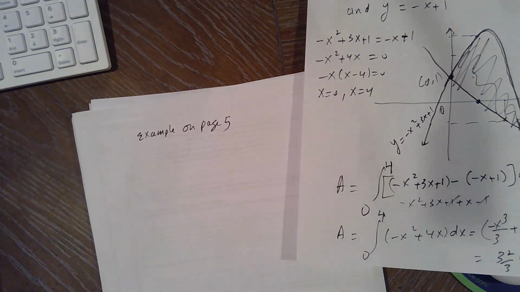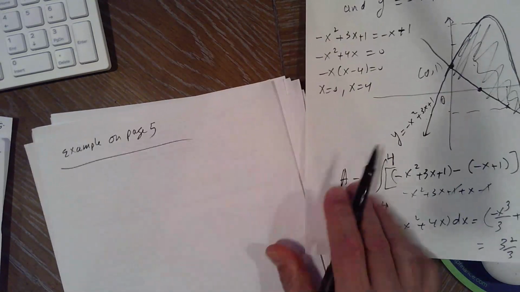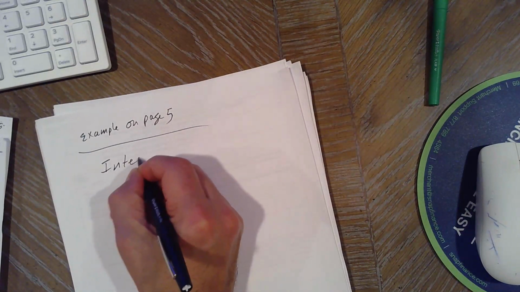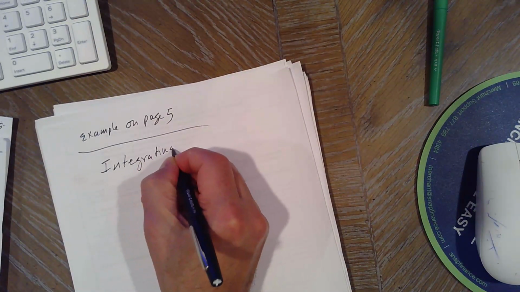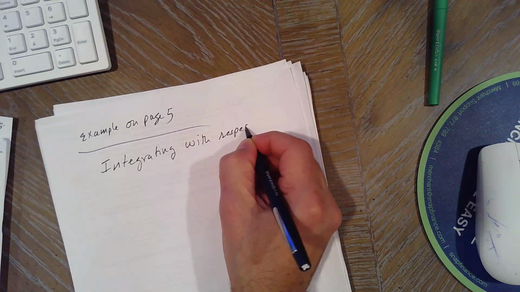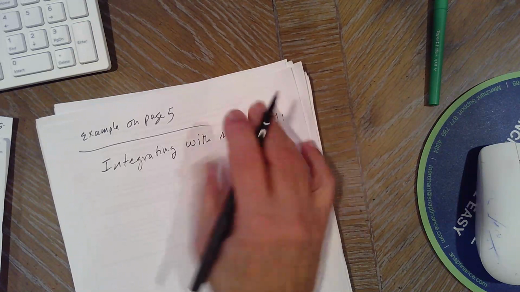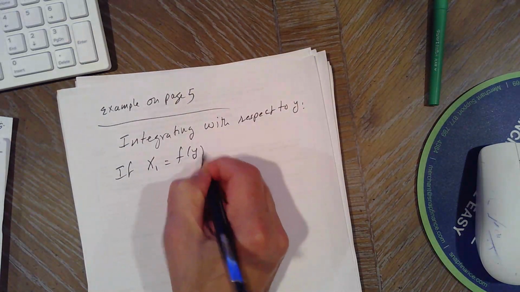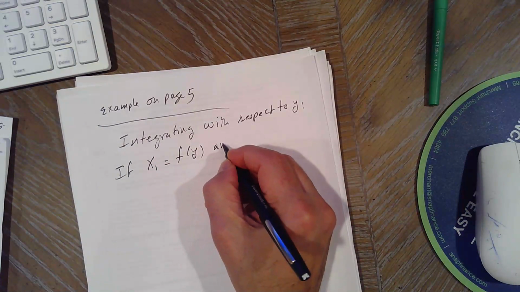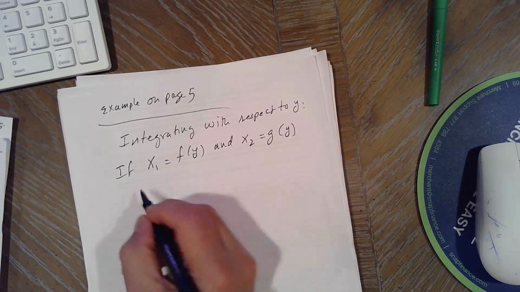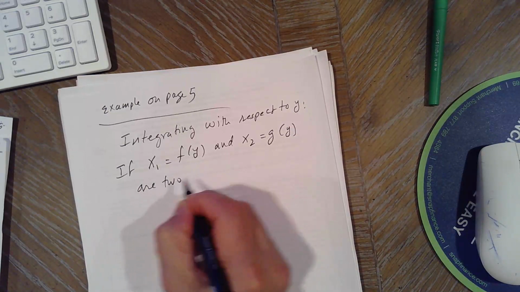Example on page 5. Now, so we've been integrating with respect to x. How do we integrate with respect to y? Integrating with respect to y. So if x1 is a function of y, instead of y equals f of x, and if x2 is g of y, are two graphs,